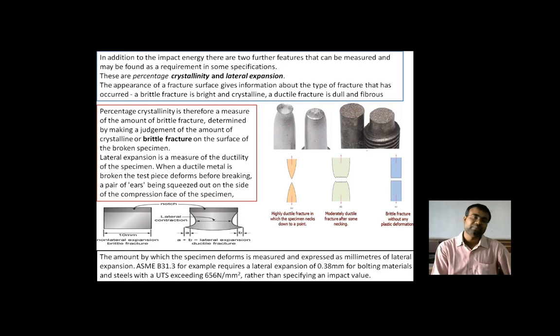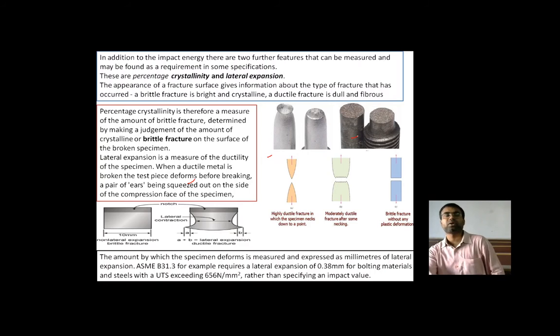वो डक्टाइल मटेरियल के फ्रैक्चर को बिहेव कर रहा है या ब्रिटल फ्रैक्चर को बिहेव कर रहा है. सो आप फिगर में देख सकते हैं कि किस तरह से लेफ्ट साइड में डक्टाइल कप एंड कोन शेप बना है, और राइट साइड में आपके दैट इज द राइट साइड, दिस इज द वन